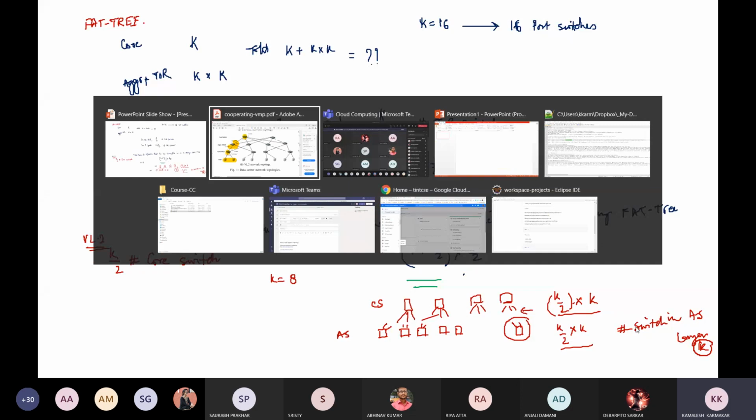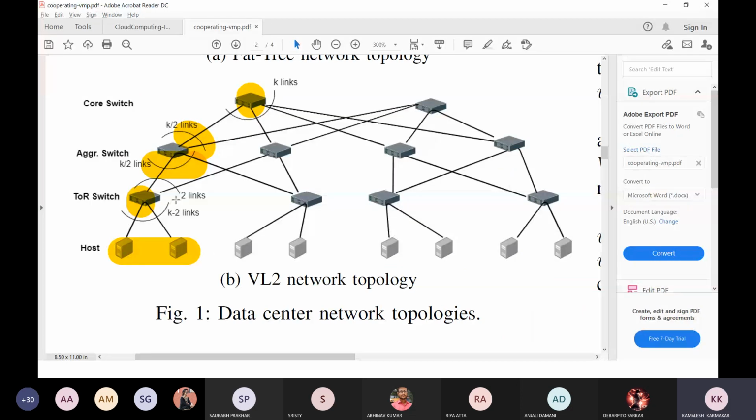Now, every aggregation switch: how many links are there in the downward direction? The number of links will be the same. In every aggregation switch, the downward link is k by 2, and the number of aggregation switches is k. So in the downward direction, the number of links is k by 2.